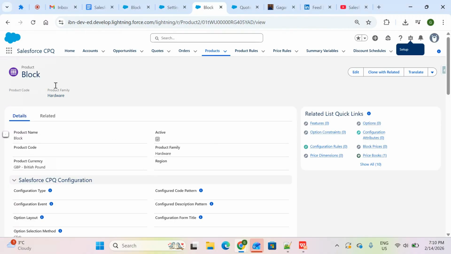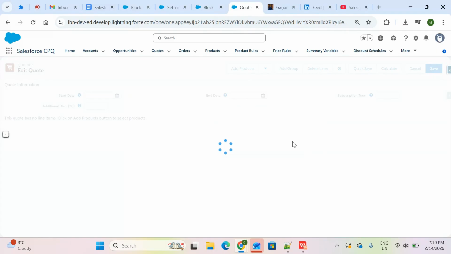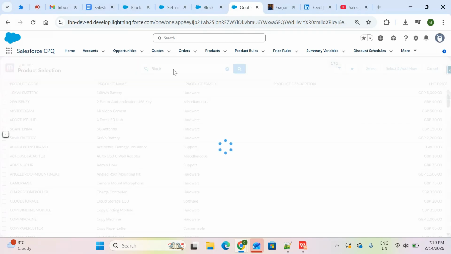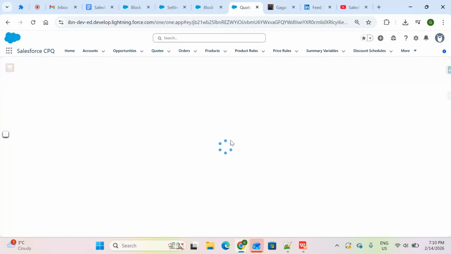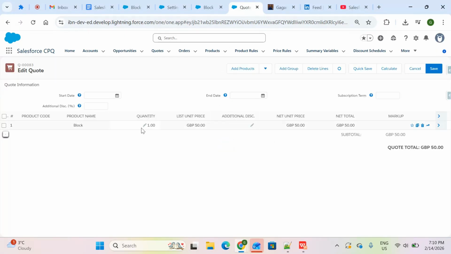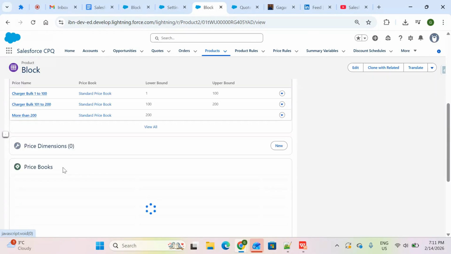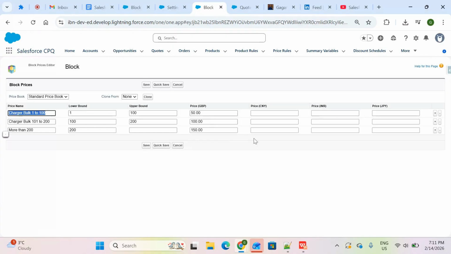and here I have to find out this product that we have configured for the block pricing. I'm choosing standard price book, click new product, and then I will click block. So our product is visible here, block, hardware, product family is hardware, and then I will click select. So by default, the quantity is coming as 1 and the price is 50 GBP, because we have configured, if you go to the related, if you click edit all, 50